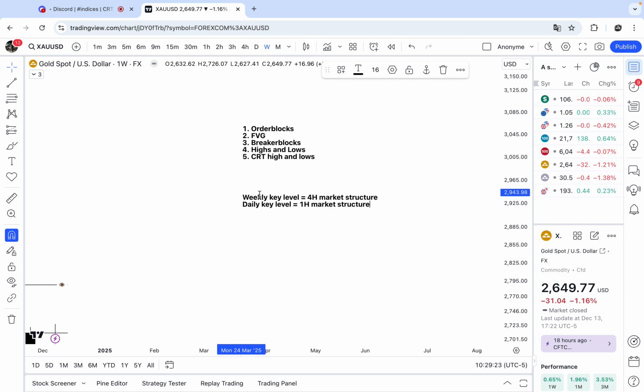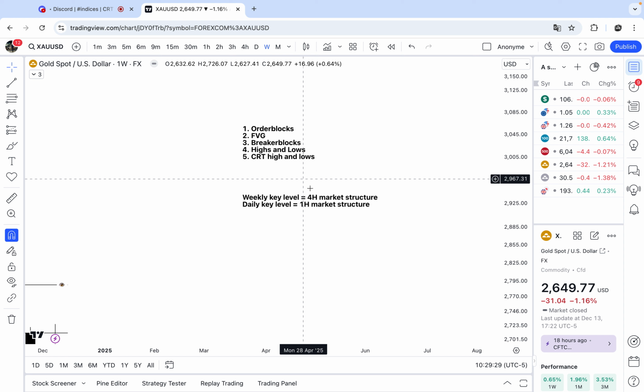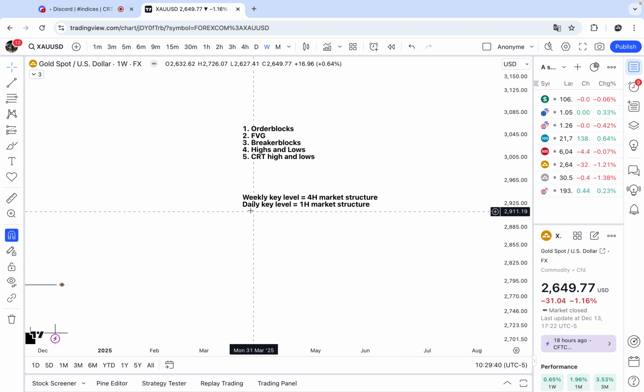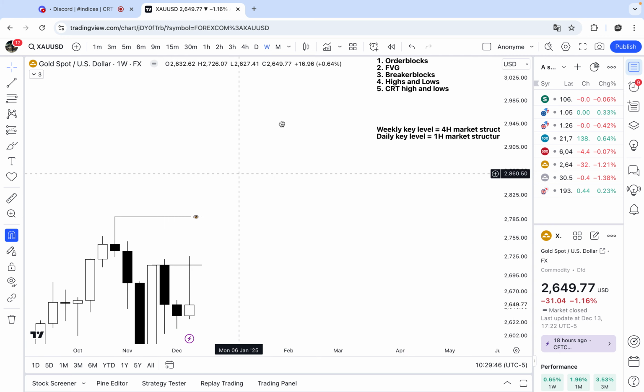All right. This is the time frame I'm focusing on. I'm not going under it because it's making too much noise for nothing. Weekly key levels equals 4-hour market structure, and daily key levels equal 1-hour market structure. All right. So if we go here,